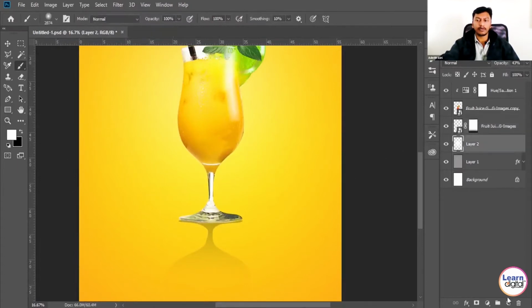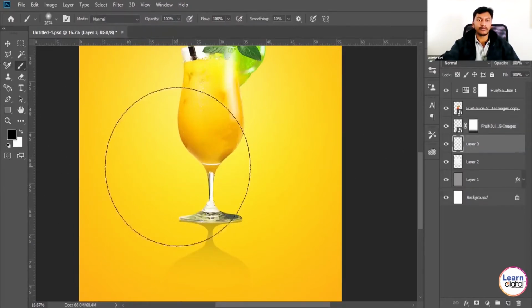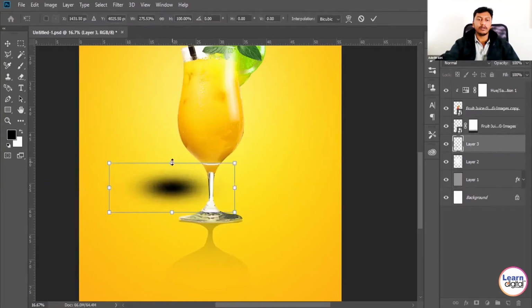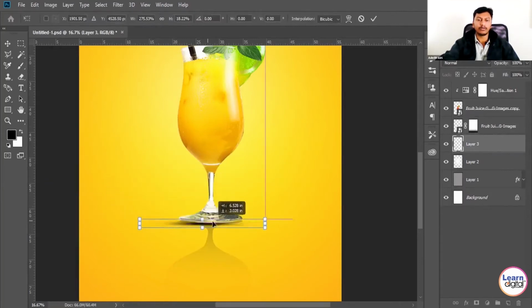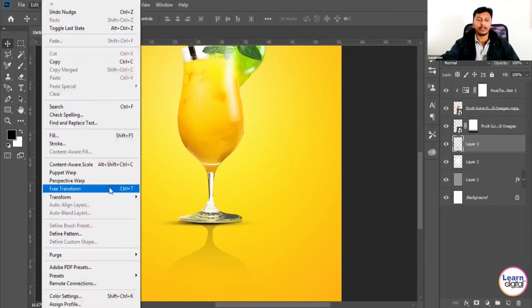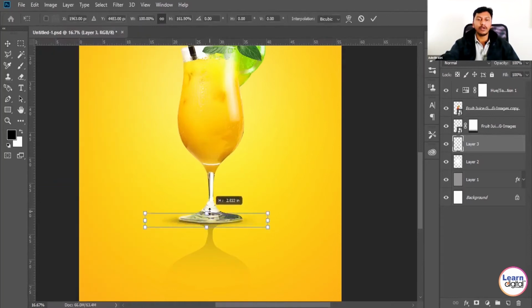So then again, I'm creating one new layer. Wherever you need, you can place a small black dot. Because I need a connecting shadow, so that means it should feel like it's on the ground or on the surface of a table or any other thing. That's why I used one new layer and just placed one black color over there. So now it looks like some connecting shadows over there.